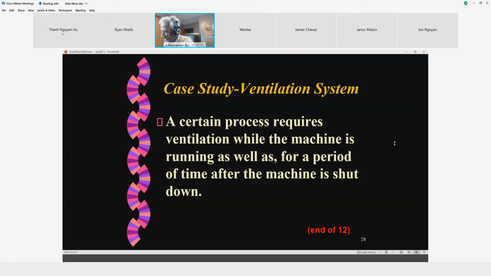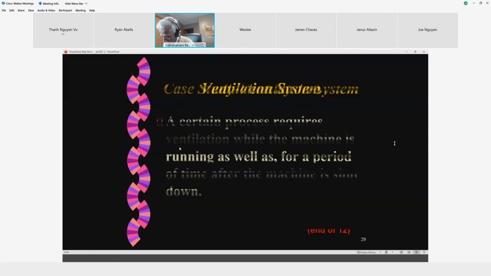So we have a process, and I gave you the example of an overhead projector or a slide projector or a multimedia projector where there is a bulb producing a lot of heat, and you need to take the heat out of the casing as well as keep the temperature of the bulb at a reasonable level. So you need a fan. So ventilation answers to the